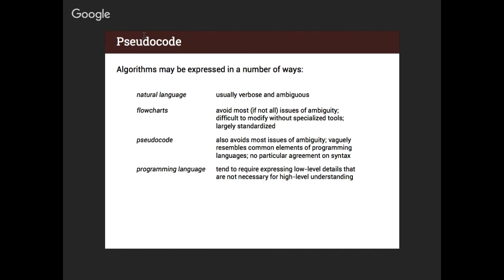We can use something called flowcharts. So a flowchart is a little diagram that shows you the steps. And basically, it's English in boxes. I draw a little box, and I write an English description of what I do, and then I draw an arrow, and there's another little box, and then I draw an arrow to the third box. These are all my different steps. And sometimes I have to make choices. Do I do step 3 or 4 first? And then these flowcharts will have 2 arrows going out of the box, and you can make a choice. So it's like a little diagram of your thought process. And that's fine, and it's used a lot.